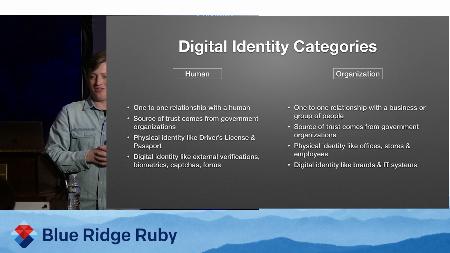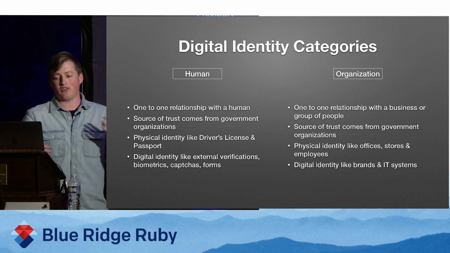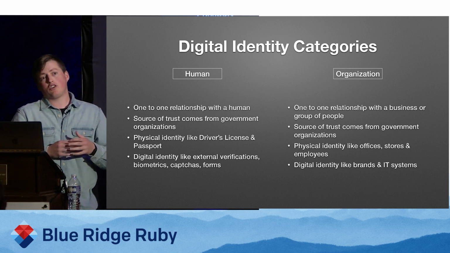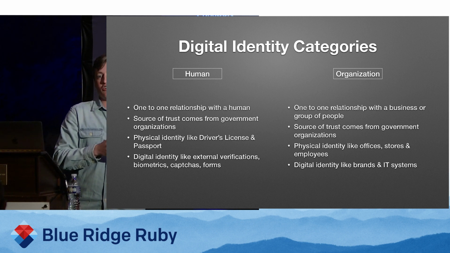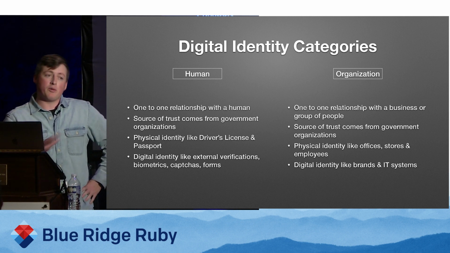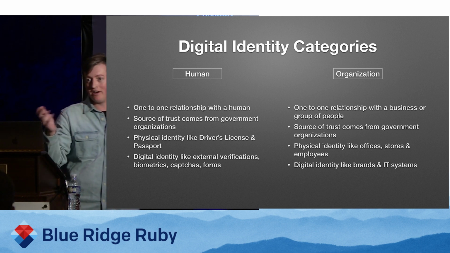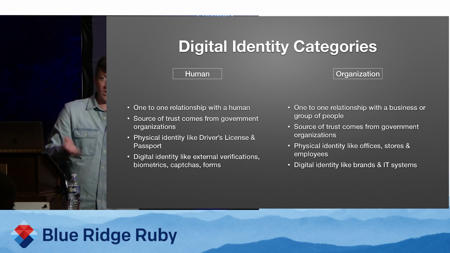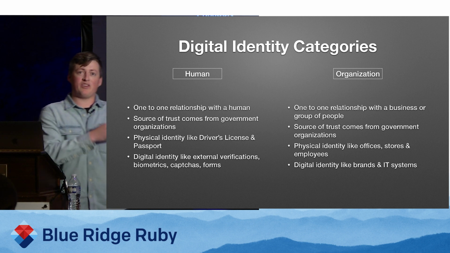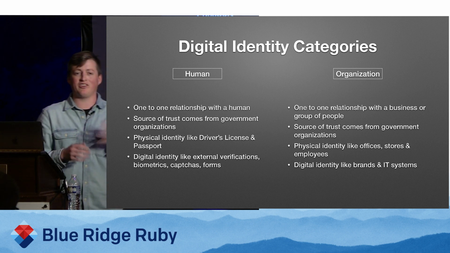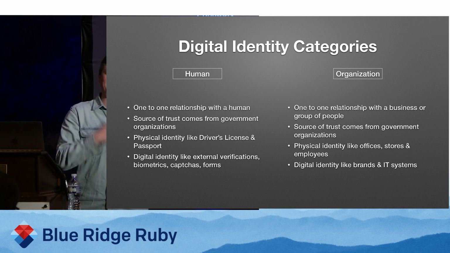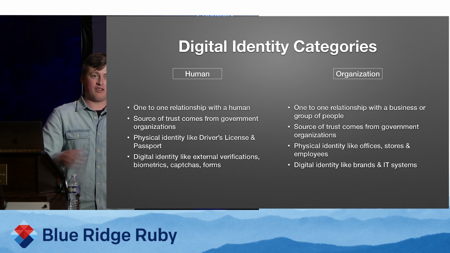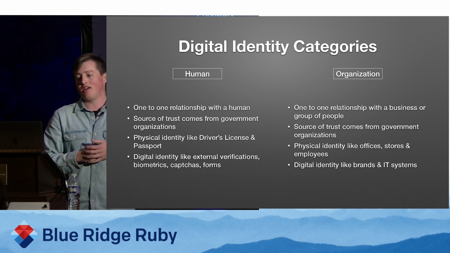For less secure systems, CAPTCHAs are perfectly fine, where a user just submits their own form data. And then you've got organizational identity, which may be a business, also could be more loosely just a group of people, where for a business, you might have a tax identifier that you're using digitally. Physical identifiers might look like offices and the people working in that organization, right? Like a business without people or any physical spaces starts to look scammy, starts to look like some sort of drop shipping operation. And digital identity might look like the digital marks of the company, brands, the internal IT systems